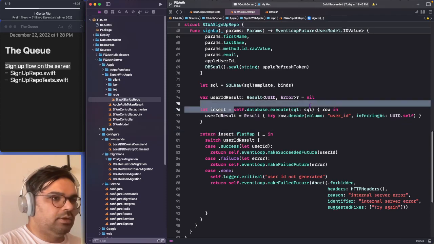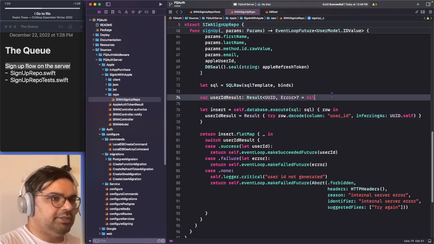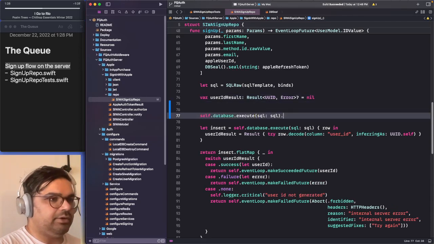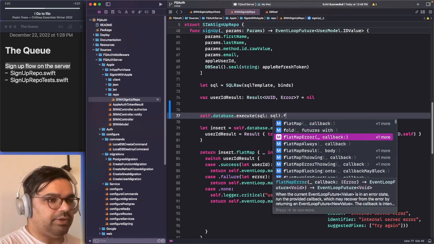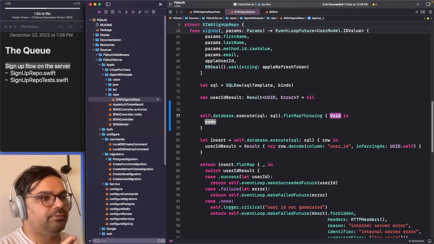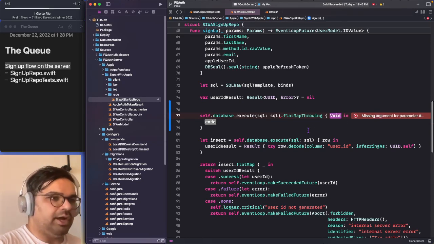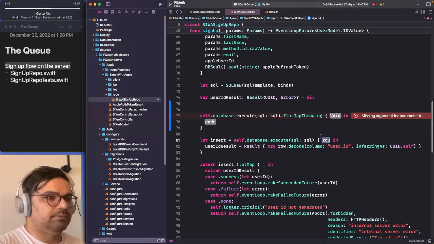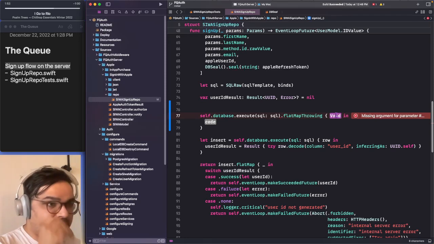So let's see. I think I would want to, let's start with this. Let's pull this out, and then can we flat map throwing? Oh, so this doesn't return something back necessarily. It's giving us a void here, not a row. That's interesting. So this one gets a, oh, it is a row. It's just the autocomplete got confused. Okay, so if this is row,